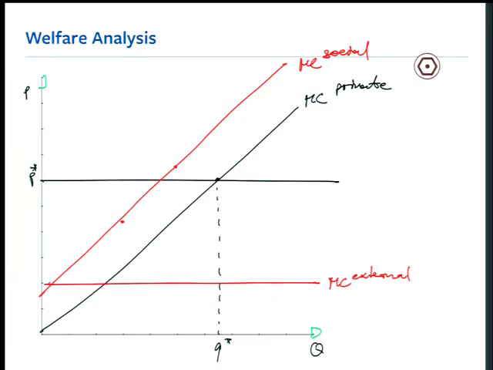Now, what's the efficient level of output if that's the market price? Is it higher? Is it lower than before? It's lower. What we've got here is the equilibrium level of production for the individual firm if it's left alone. That's Q star. But the efficient level of production is actually Q double star, where the social marginal cost is equal to market price. So what's the takeaway message here?